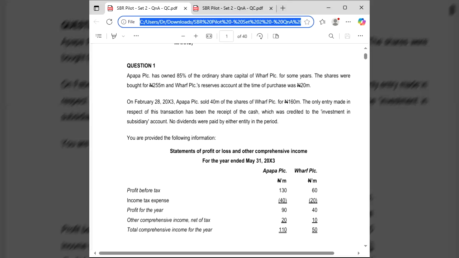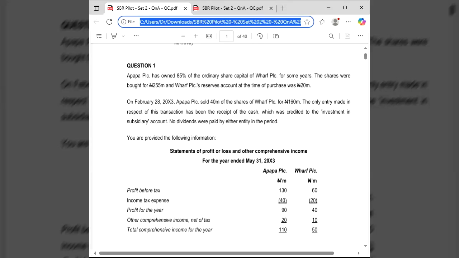And within these 3 months, the NCI or non-controlling interest is 35%, while the parent entity has 65%. The period before March 1st, 2023 is a period of 9 months, and within this 9 month period, NCI is 15%, while the parent entity, that is Apapa PLC, has 85% interest in WAF PLC. We were told that 40 million shares were sold for 160 million naira. Therefore,